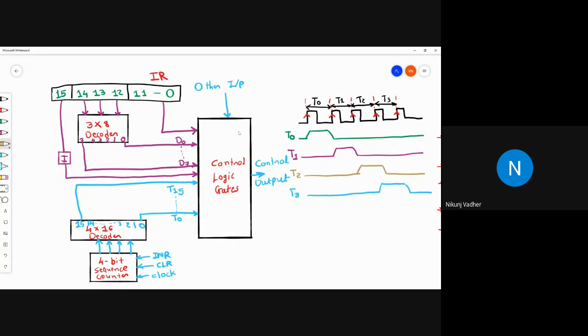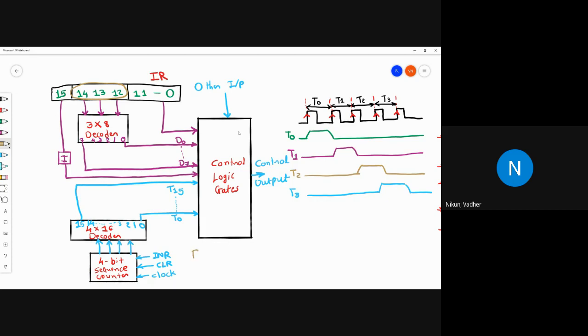Now, whenever any instruction is in the IR, bits number 12, 13, and 14 will be used to decode, or to find out, which operation is to be performed. So D0 is for AND, and D1 is for ADD. Likewise, D0 to D7 are for the various operations.